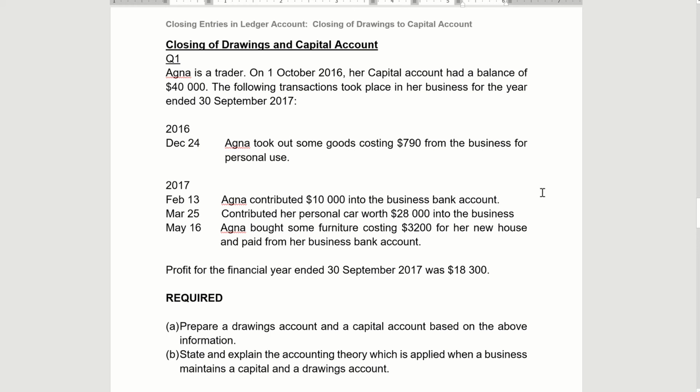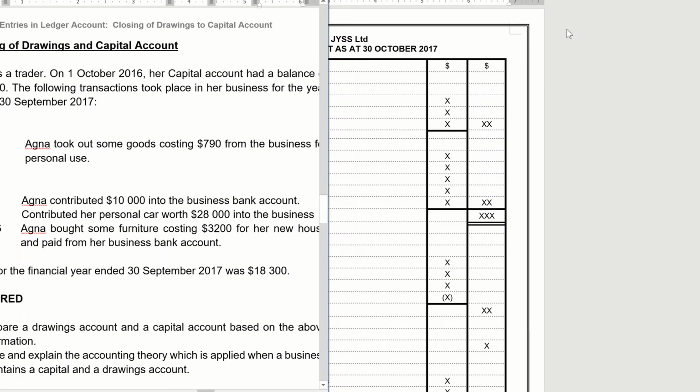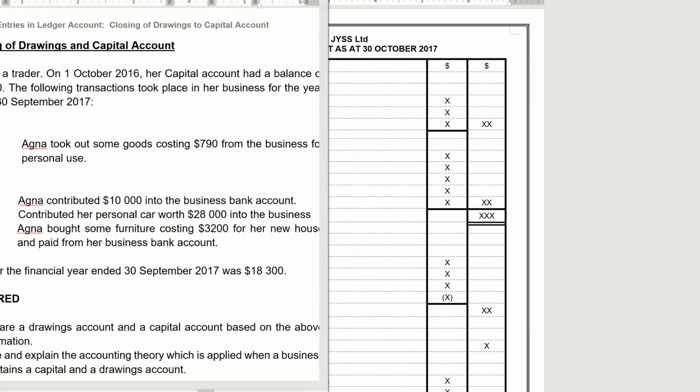So take a look. What is the requirement of the question? They asked to prepare a drawings account and a capital account. So how do we prepare a drawings and a capital account? Before we continue with that,